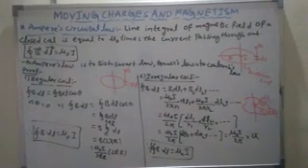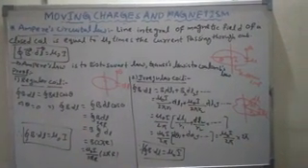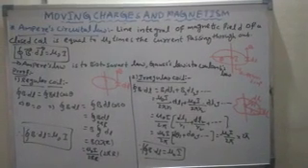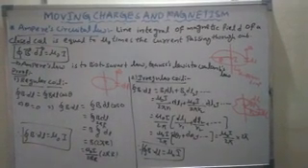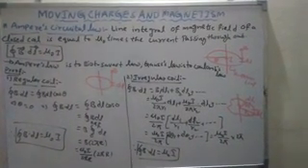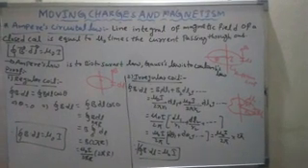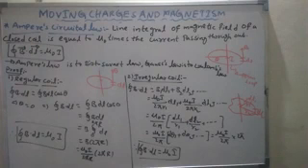Students, we are discussing moving charges produces magnetism. Last class we understood the magnetic field due to a current carrying straight conductor. We also understood the Biot-Savart law. By using the Biot-Savart law, we calculated the magnetic field due to a current carrying straight conductor, and also we understood the magnetic field due to a current carrying coil at one point on the axial line. A few special cases were also understood.